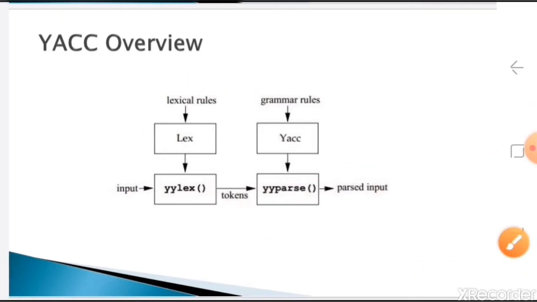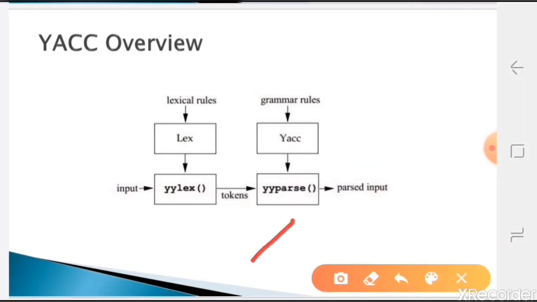So that C code will be kept inside the parse function. Same as in lex, where the rule section used to be converted into C code kept inside yylex, here the grammar section, which you can also call the rule section, will be converted into C code which will be kept inside the parse function.